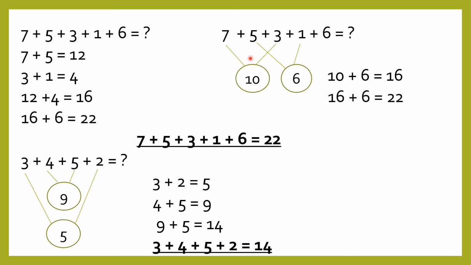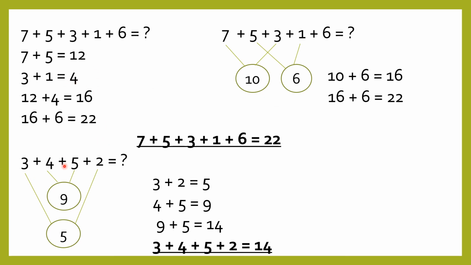You can see here this is not a breaking method. This is just the opposite of the breaking method. Here I am joining the values together to form single values so that it's much more easy for me to add. So depending on the question, it's up to you whether you want to go for the breaking method, or you want to go for the opposite form, or you want to go for the step by step method.